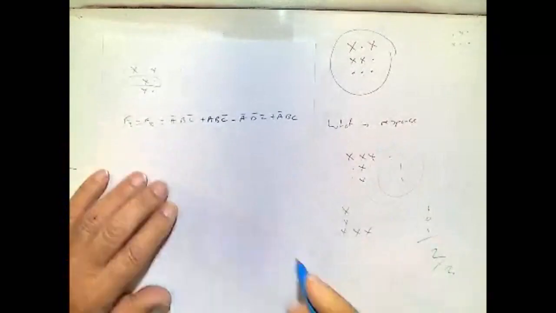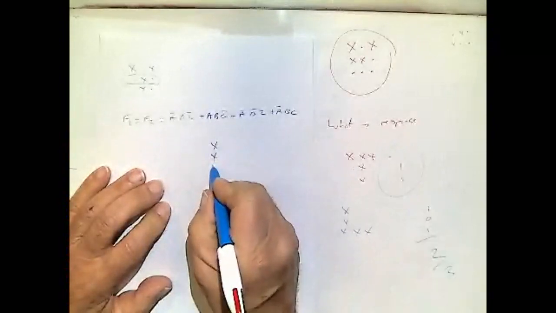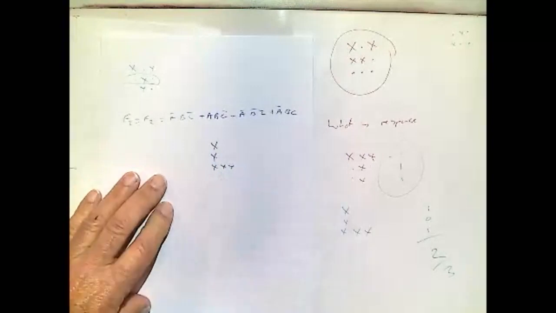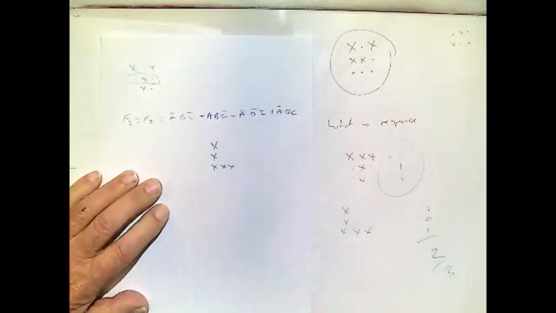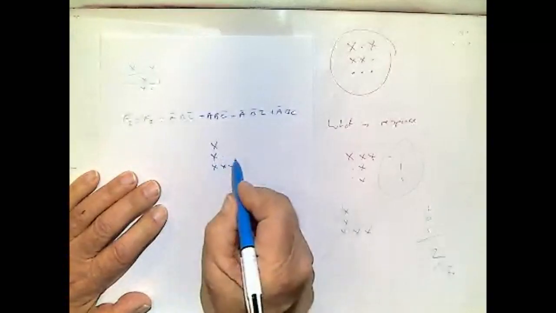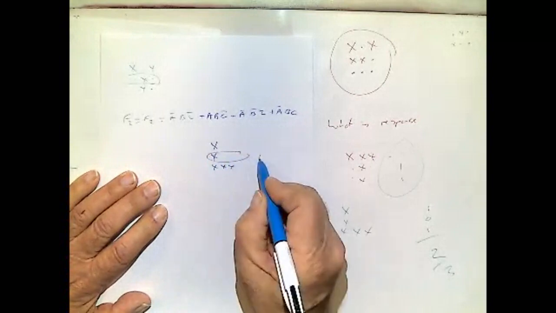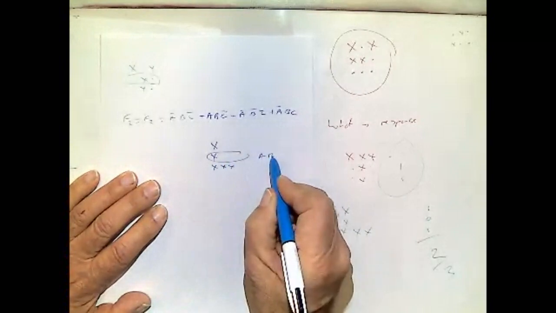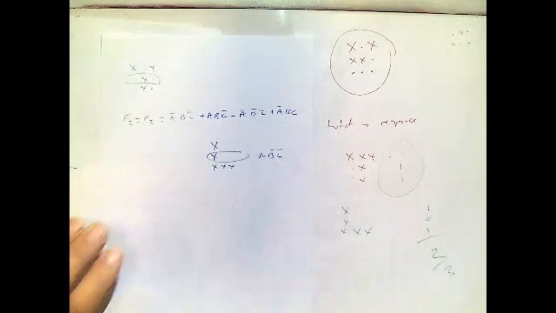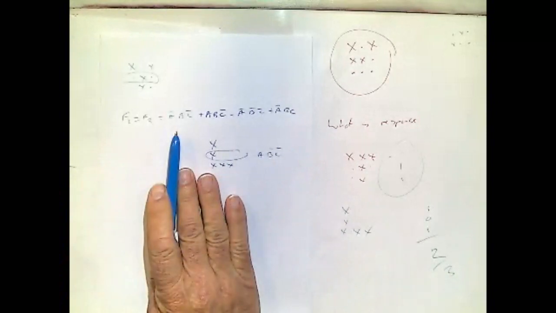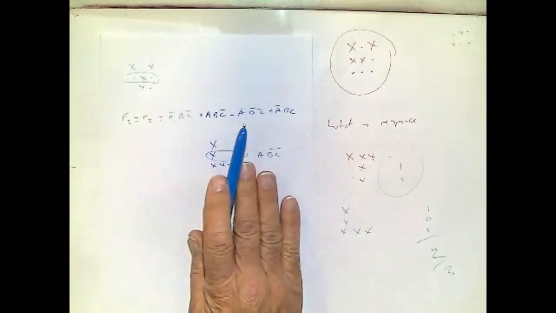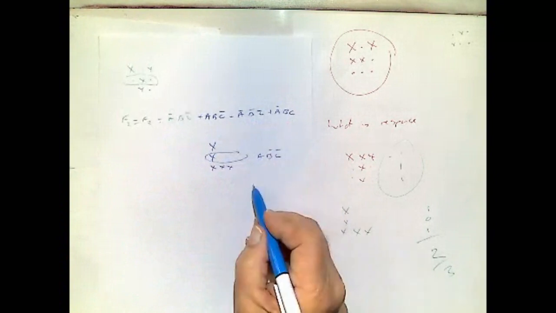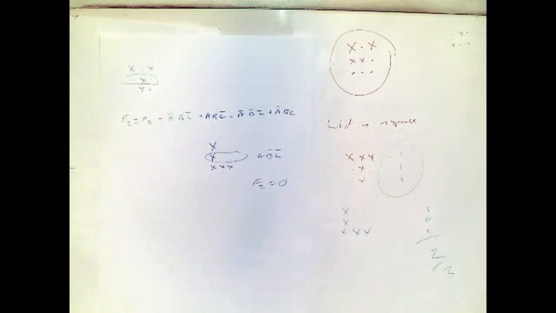The test pattern was L. It was the middle row, wasn't it, that we were dealing with. The middle row would be this term here, which requires A and not B and not C. It's not a term of the function. F2 equals 0. Yes? Now that sounds a little bit long-winded.